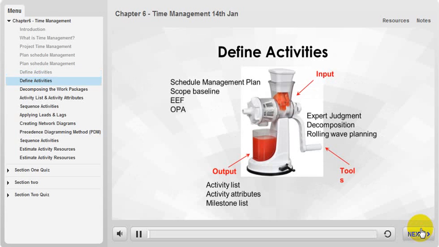To define activities, you start with your scope baseline, in particular, the work breakdown structure, the WBS. The WBS contains the work packages that you will decompose to determine activities. The scope statement, which gives a detailed narrative description of the project, contains assumptions and constraints that need to be considered. You can use organizational process assets, such as information from previous projects or templates, to help you. The organization's information system, including the preferred software for schedule development, is an enterprise environmental factor that guides your approach